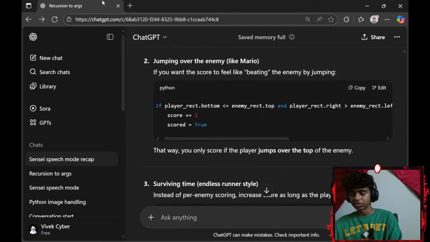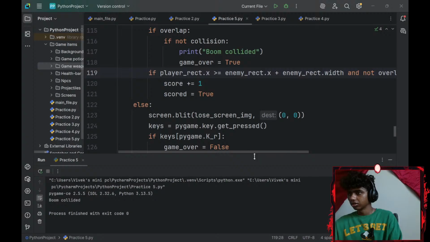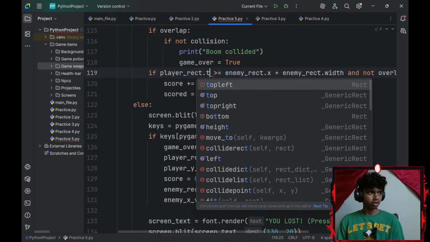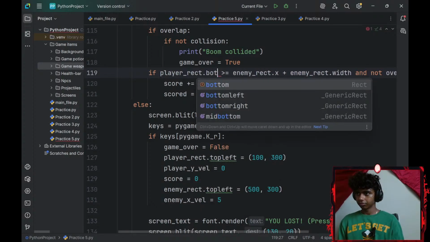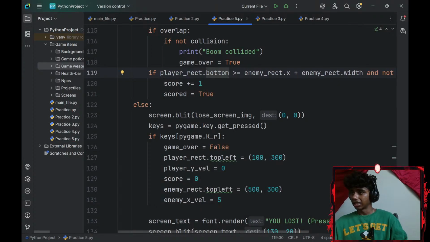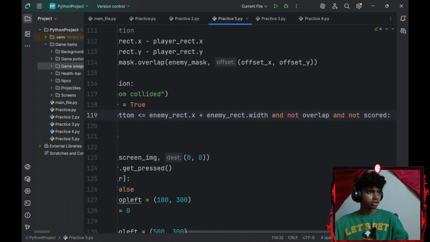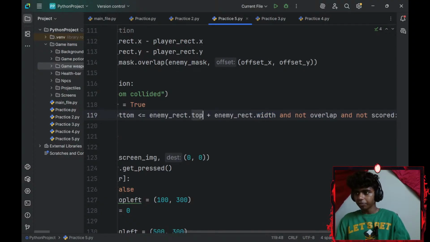Okay, let me actually. I think it's this part that I need, right? So, if my player_rect.bottom is less than or equal to my enemy's top, and